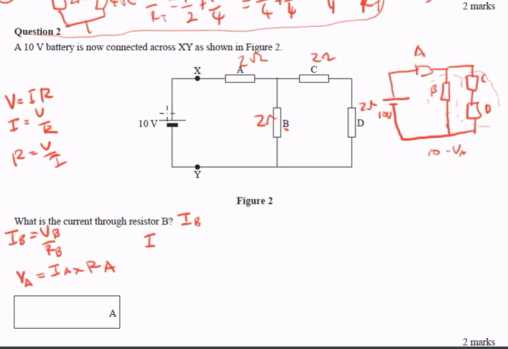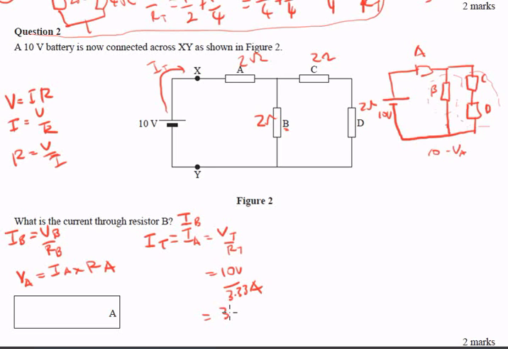It turns out the current that comes out of here is the total current. It then splits up along here. So if I can work out the total current, that's the current in A. And the total current is voltage over R. I'm just putting these little labels on them so I know it's total. Total voltage over total resistance was 10 volts divided by